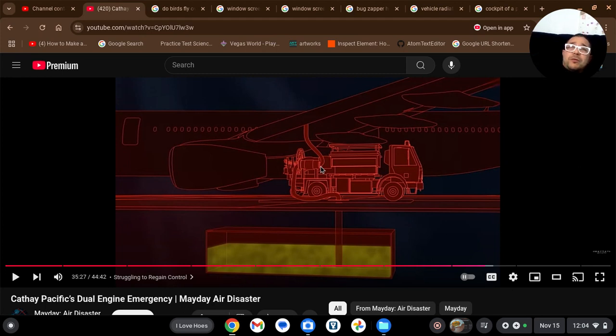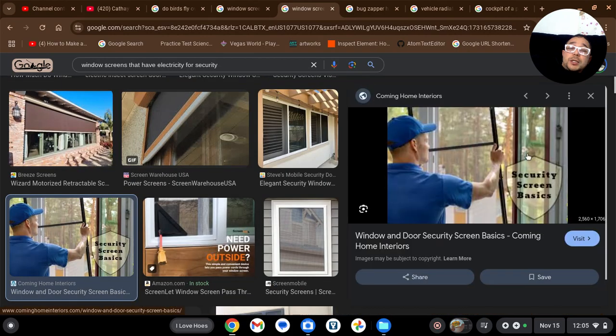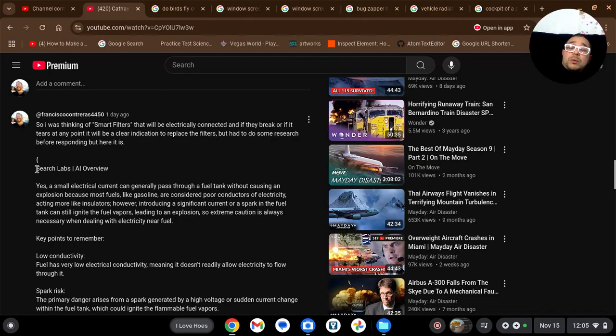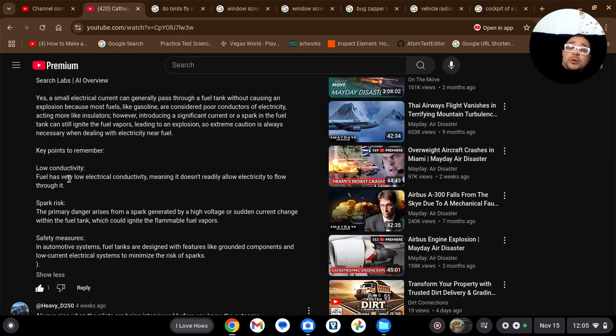So if you people out there could create some type of fabric that could have the security screen technology, obviously according to the information with Google search, and that AI technology provided, as long as it's low electrical,